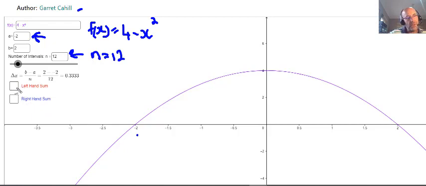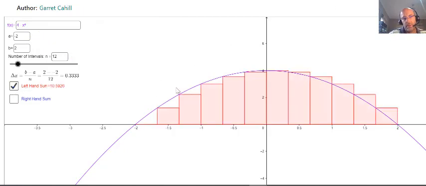So what I won't show here is the calculations, because the app will do that. So what does it look like? Left-hand strips? Let's check that out. So there's the left-hand strips, and it also calculates the area for us, about 10.59 units. And we can see, well, does it overread or underread? Well, look where we are. If we're in the